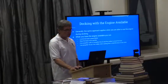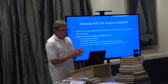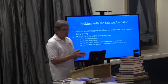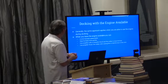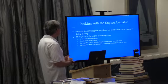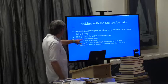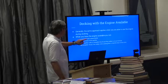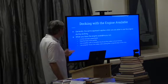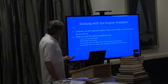So we just talked about it. Now, we'll finish up with just real quick a couple of things about docking when the engine is available. Generally, the same approach applies if you're able to use the engine when docking. All of these things that you've thought about, when you have the engine, you can control forward speed better, you can stop the boat more quickly, you can use the propeller walk or propeller thrust and the rudder to twist the boat,